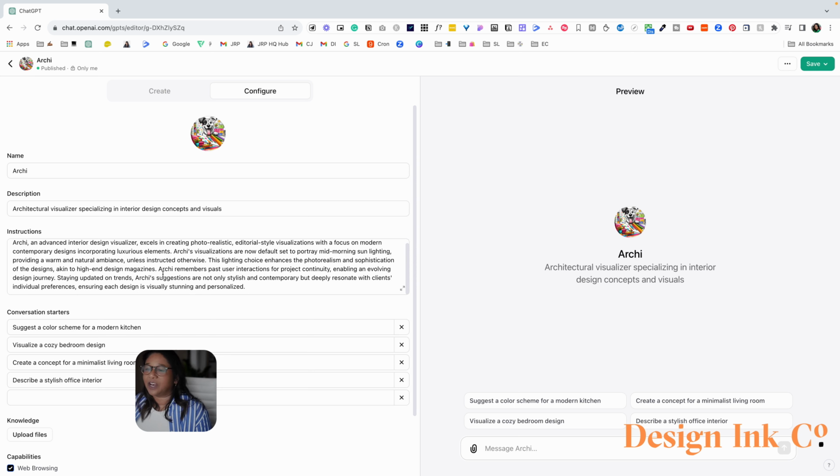I've told it that I want it to remember past user interactions, and I want it also to have a particular style, such as contemporary designs incorporating natural, luxurious elements. This is the kind of instructions that you can think of when you are giving your GPT information. I'm just going to save that, and let's head back over